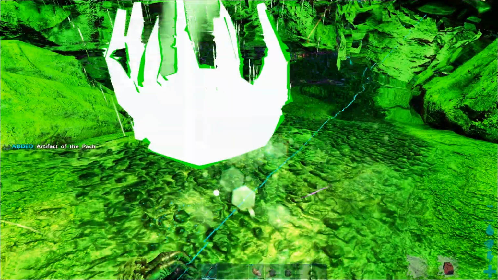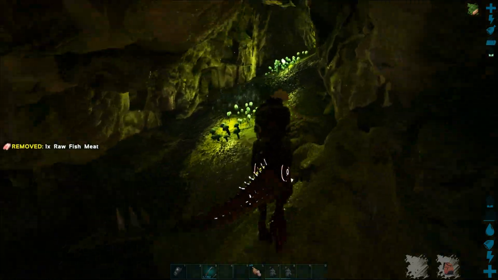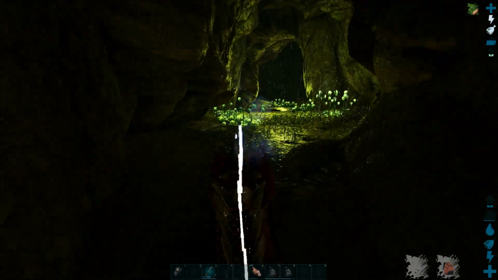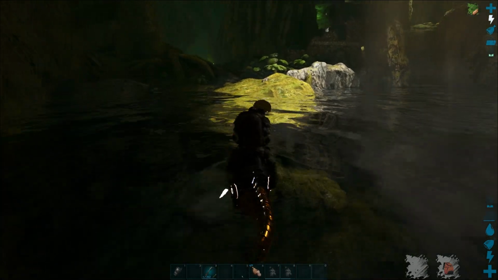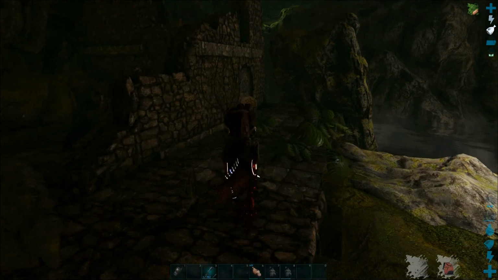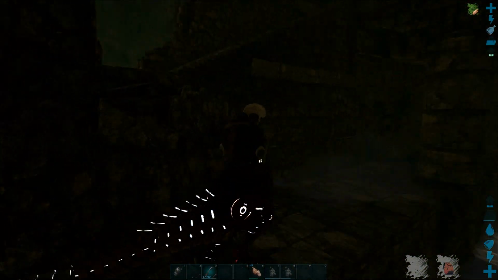So here's the artifact. So just take it. And you can just take the same way back. So just walk up here again. Jump down. Just swim across. And then you take the same way out. So if you want to, you can walk around, but easier is just...